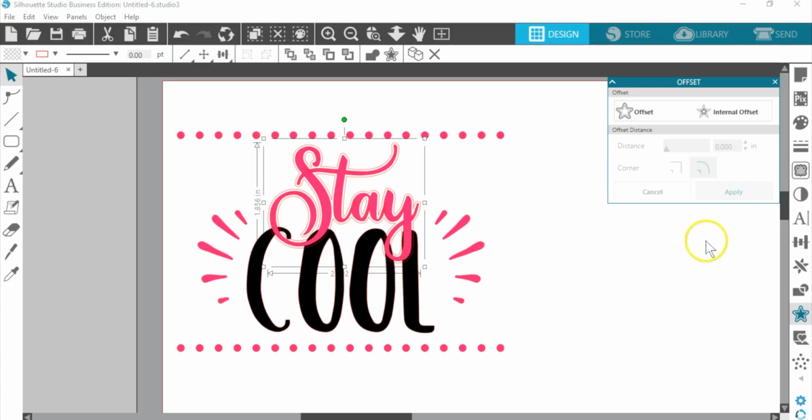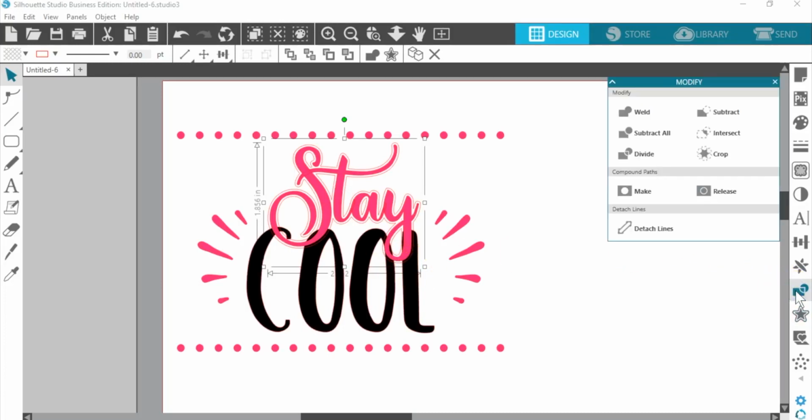So now I'm going to go into my modify panel and make sure that I have selected just the offset of the word. And I want to make sure that it's in front of my other text so it will cut out that text below it.